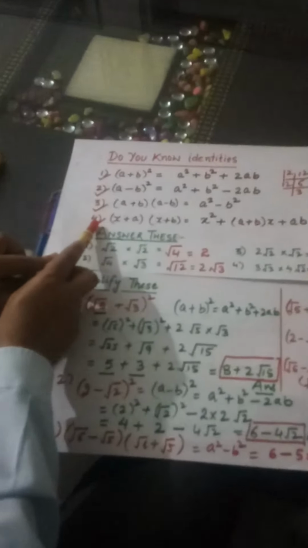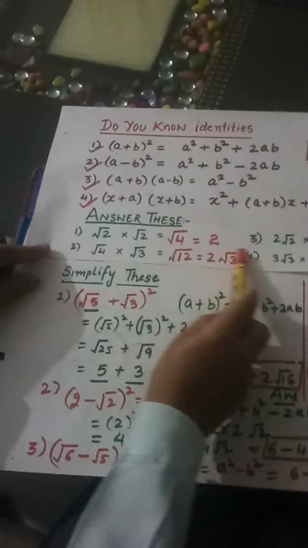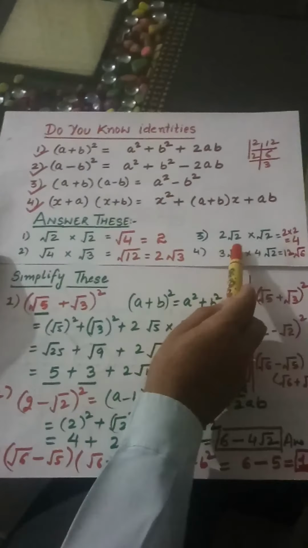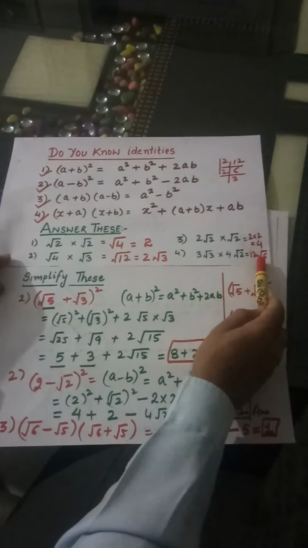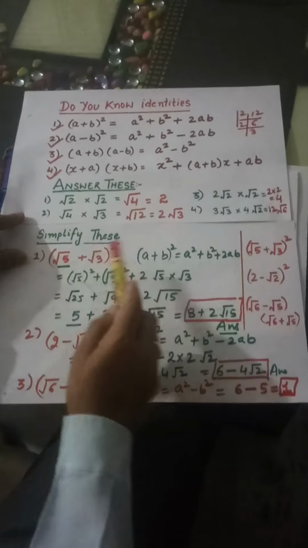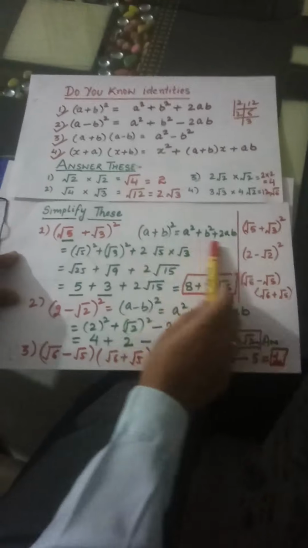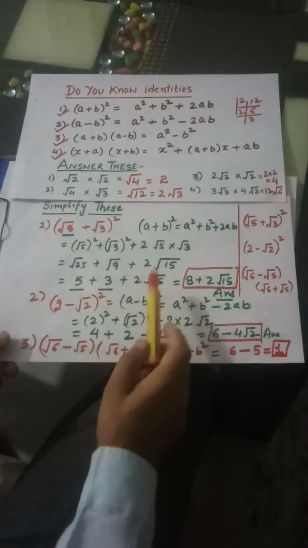Students, till the time you can have a look. We are done with some of the identities. Then we are done with the basics of rationalization and rational numbers and irrational numbers, their multiplication. How do we go for that? And after that, the expansion of certain numbers with the help of these identities. These were the basic points in order to understand rationalization of the denominator. Next topic is that only, so let's proceed for that.